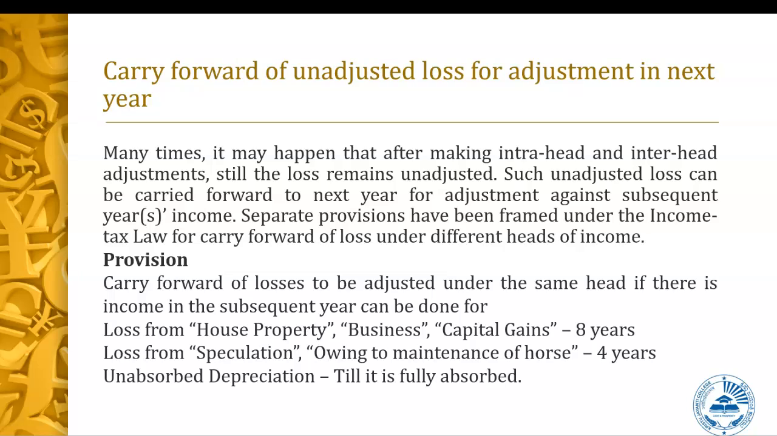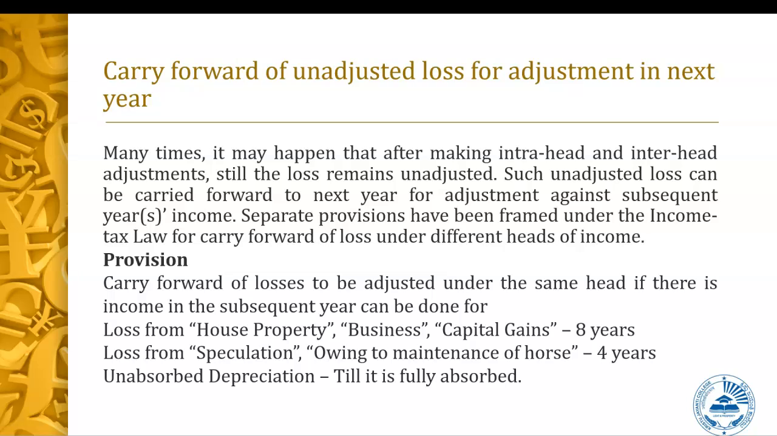Suppose the house property loss has been there and it has been adjusted to a certain extent, but still there is a loss in that particular assessment year, which cannot be adjusted by any other means. Therefore it has been carried forward. Once the loss has been carried forward, it can be adjusted only with the income under the head house property in the subsequent year. And there are also other conditions like loss from house property and business and such capital gains. All losses when it has been transferred, this carry forward loss can be adjusted for a maximum period of